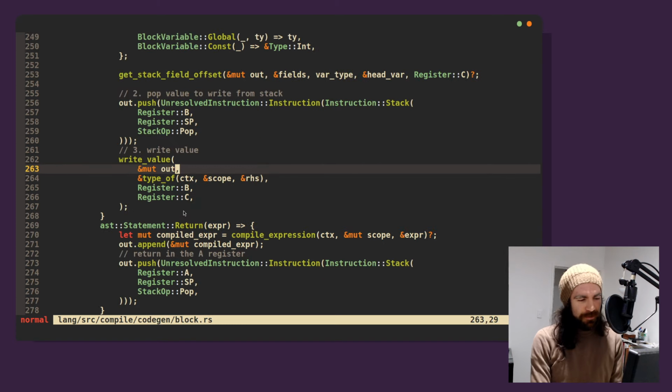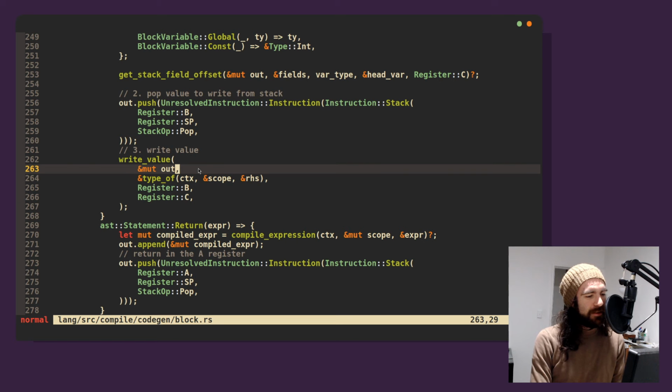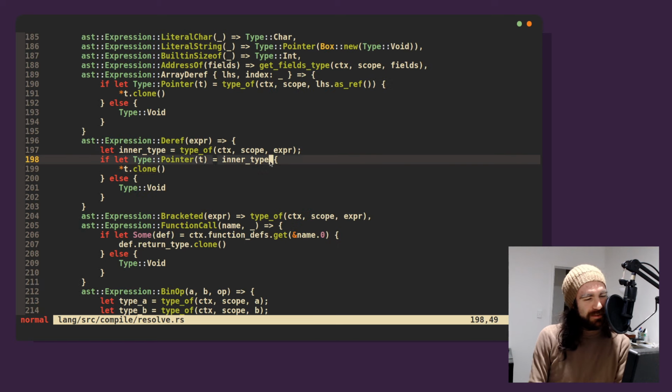So we're dereferencing something on the right-hand side. This is the thing that we're writing. And it's the type of the thing that's being pointed to.